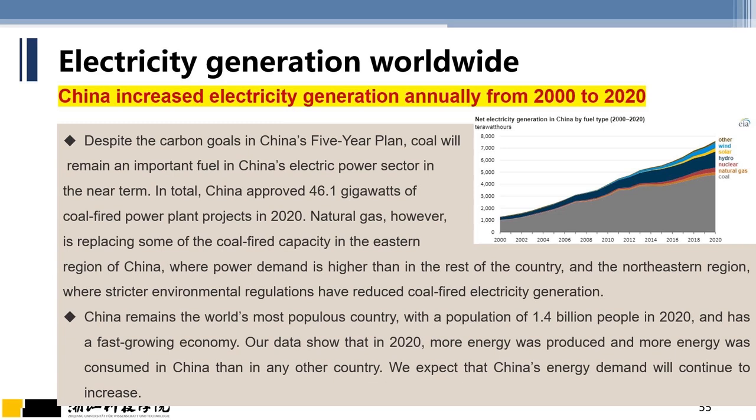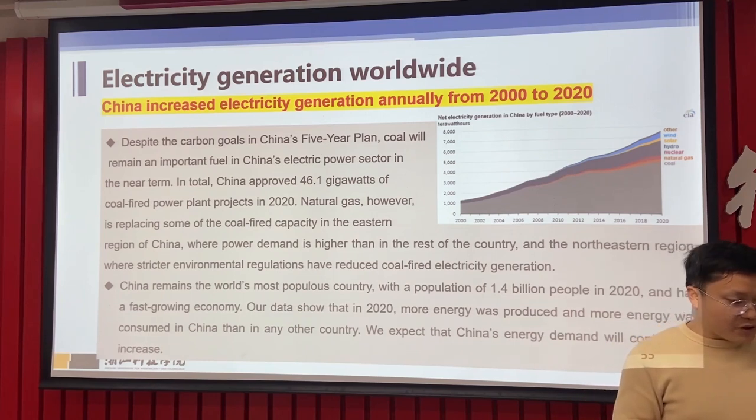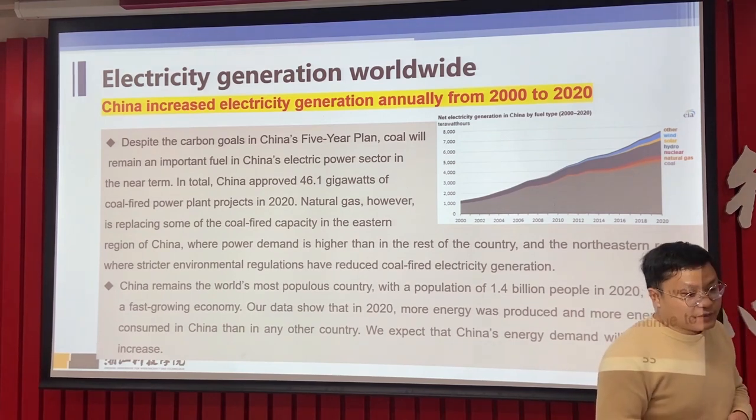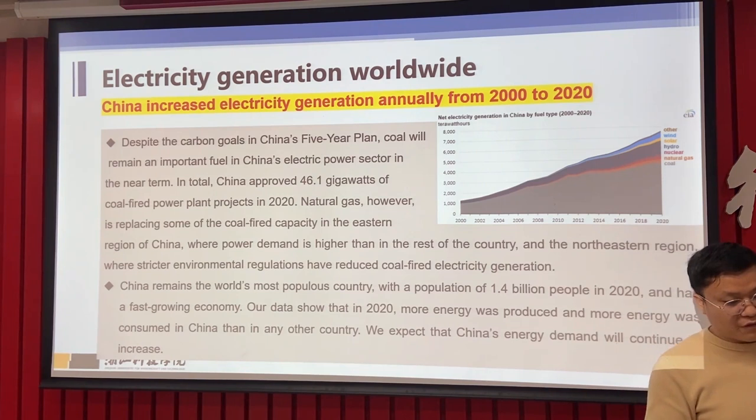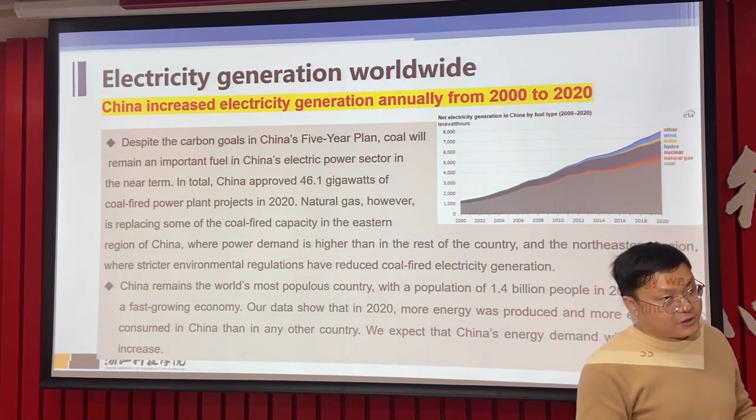Natural gas, however, is replacing some of the coal-fired capacity in the eastern region of China, where power demand is higher than the rest of the country, and the northeastern region, where stricter environmental regulations have reduced the coal-fired power plants